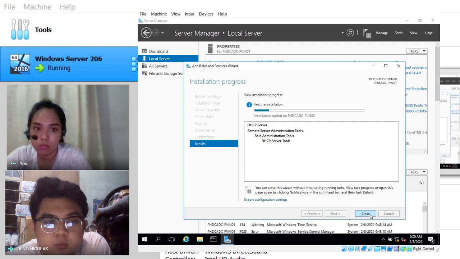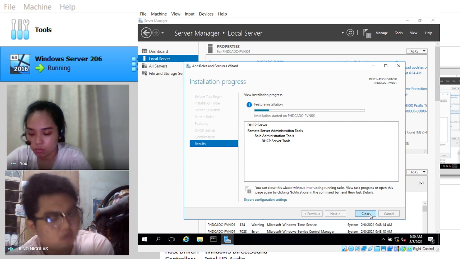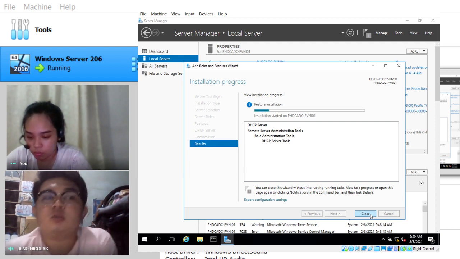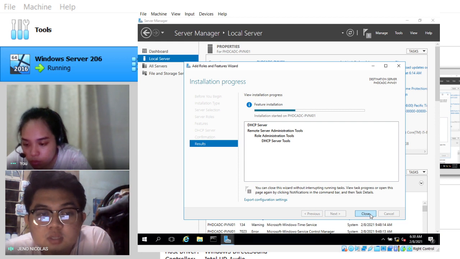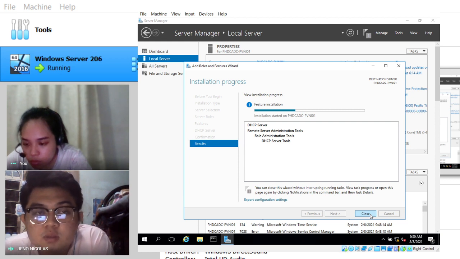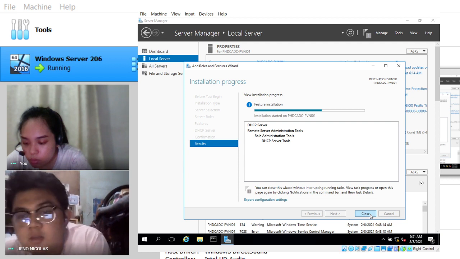So according to the steps that were given to us, we are almost done with the configuration of Windows Server 2016. While we are waiting for the setup and installation progress to finish,